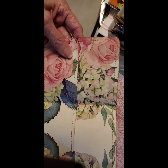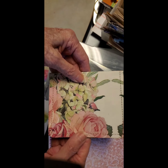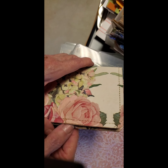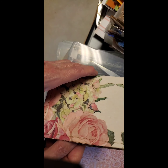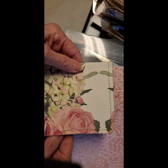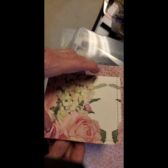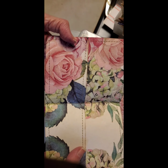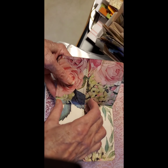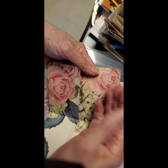And where I learned how to do these cute little folios, let me see, I learned it from, I think, Shabbydabbydoodah. Yeah, I think I did. And she learned it from somebody else. So, you know, nothing we do is really original anymore. At any rate, what I like about it is it takes only one 8.5 by 11 sheet. You just fold a sheet. In this case, I've already sewn it. You fold the sheet